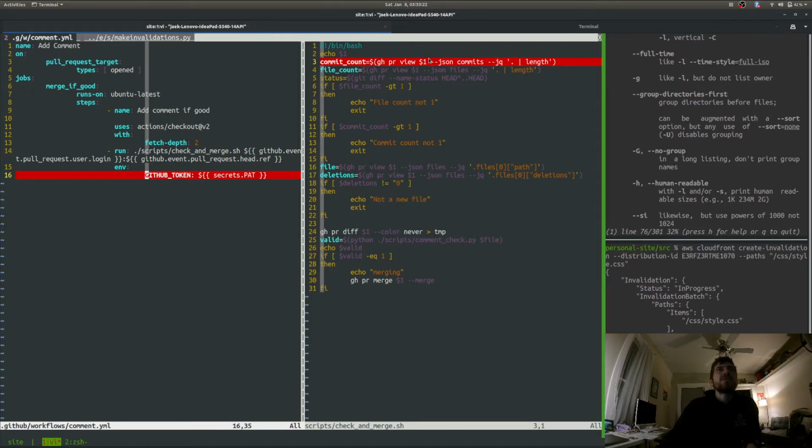Okay, the if statements I typed on stream were obviously wrong. I'll never in my life write a correct if statement in Bash. It's not possible, or not without Googling it. So I check that the PR is one file, one commit. It's a new file. I guess this isn't technically the same thing as being a new file, but close enough. And then if all those checks pass,